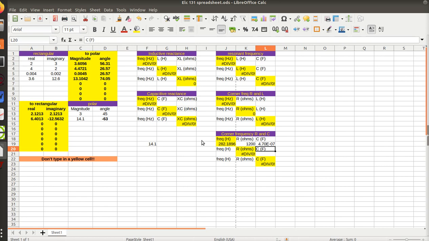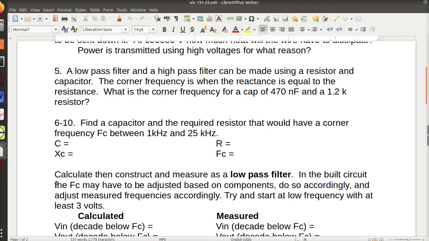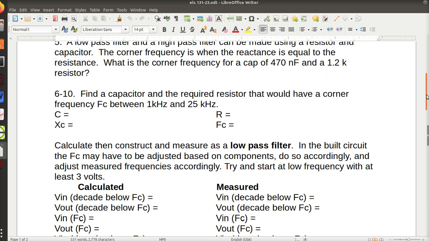Now what happens at the corner frequency is you will have a loss of voltage and actually a loss of power. It's actually the half power point. From a voltage standpoint, you lose down to 7/10 or square root of 2 over 2 the voltage. So what I'm going to do is I'm going to show you that,